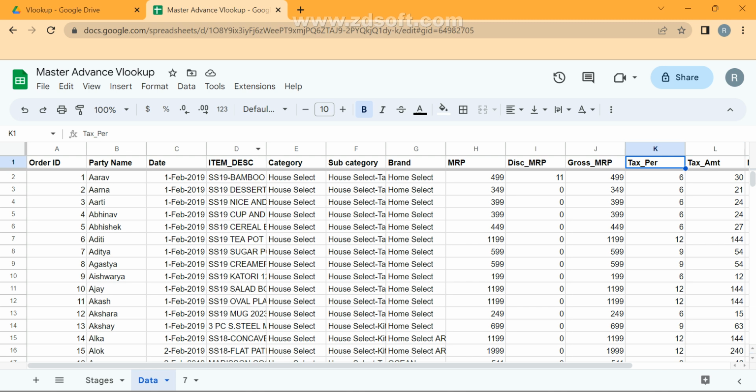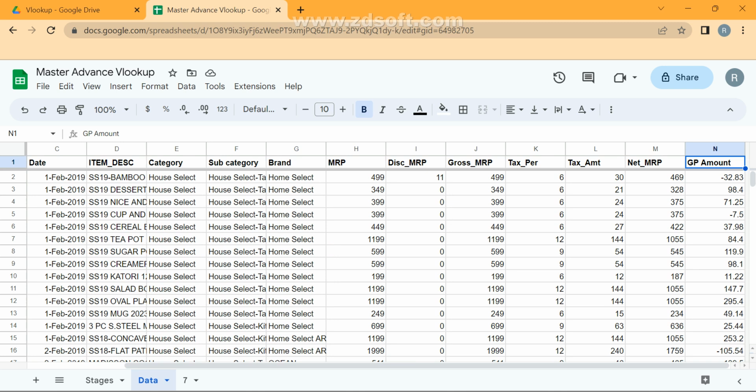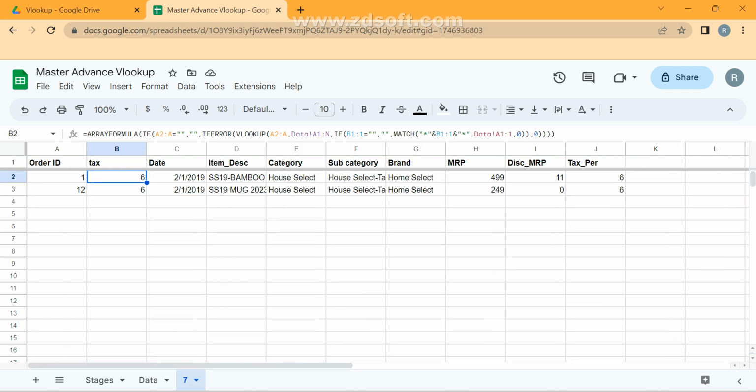It searched and didn't find it anywhere else. It found it in this one, then it didn't go to the second one. So it found it here, then it gave the tax rate, tax percentage, and it didn't move to the next part. So this is basically how to customize the header, as per our requirement,